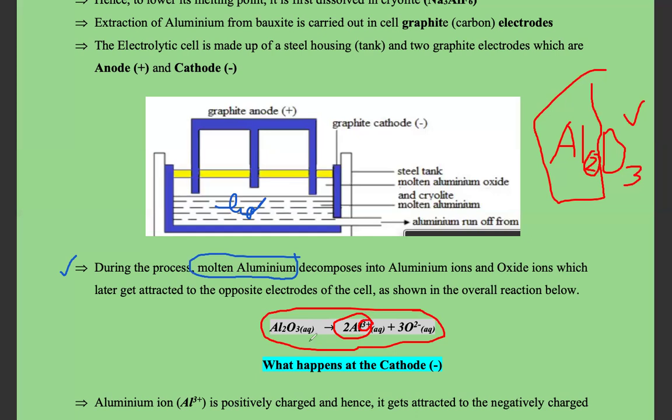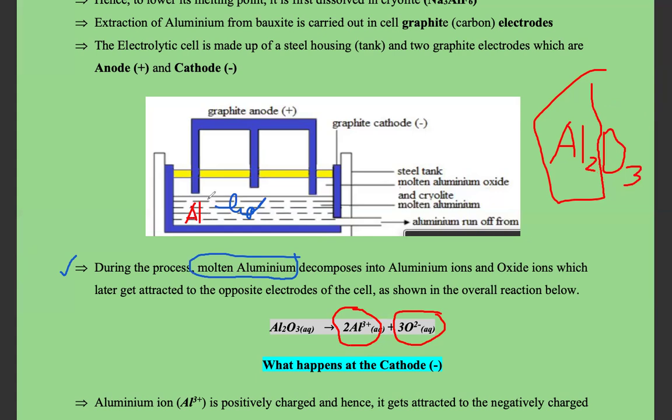It is not a solid. These are in the solution. That's why we're indicating aqueous, aqueous, aqueous. Not only that, oxygen also, there are 3 atoms. That's why we have a 3 here. And each atom has the charge of 2 minus. So this is what we actually have. Now, once this ionization is done, what we will have in the solution are these ions of aluminium. We're also gonna have these ions of oxygen present inside of this solution.